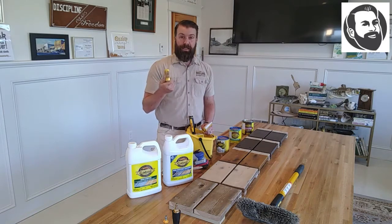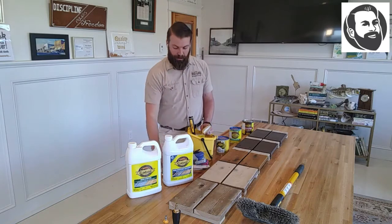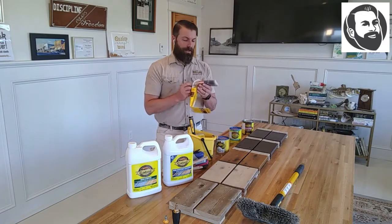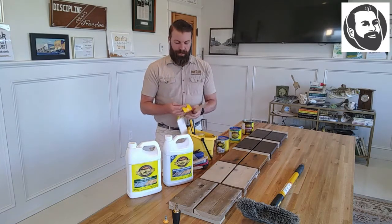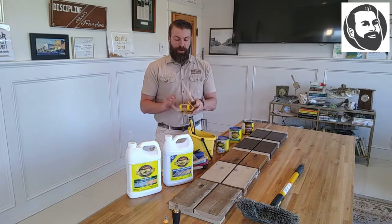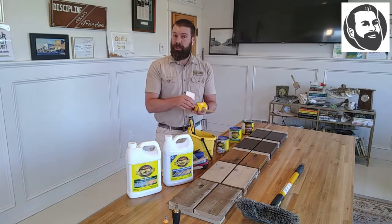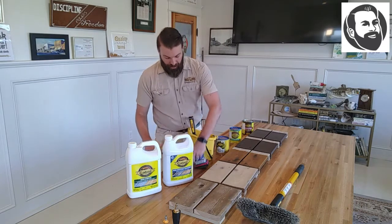So depending on the thickness of the stain, certainly with solid color acrylics and things like that, they work really well. And XLs, especially the high capacity ones like that too. When you got that big ferrule like that, you can get in there and soak up a lot of stain. What you want to do is hybrids. A lot of people start using natural bristle brushes with hybrids. Because they're technically got some oil in there. I've actually found that